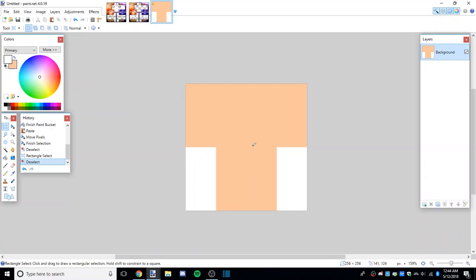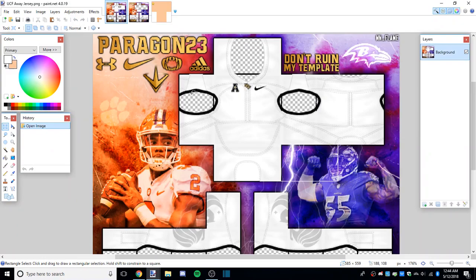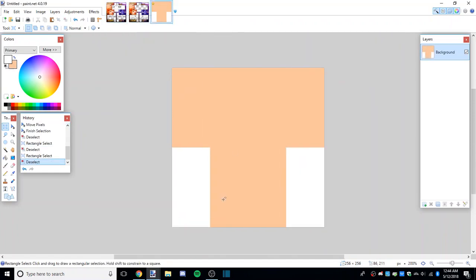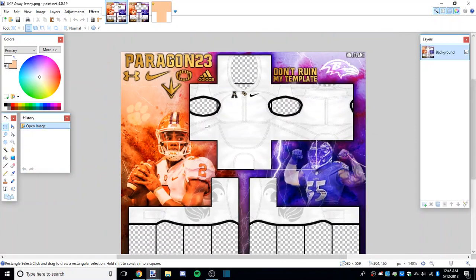I like to have it transparent in the background, just so on Discord when you show it off, it looks nicer. So let's go ahead and get started. As you can tell, this is like the front of a Roblox character. Here's his arms, legs, and torso. And that's all you need to show is the front of the jersey. The back of the jersey is never going to look as good or as detailed, and it's usually what people want to show off. If you want to show off the whole jersey, then you just show off the template.